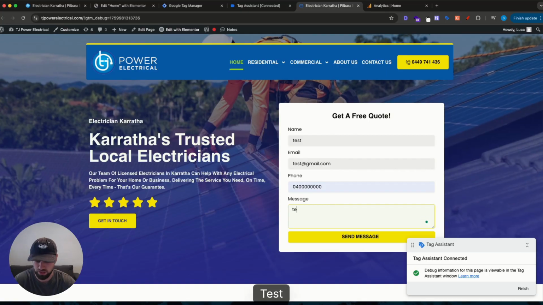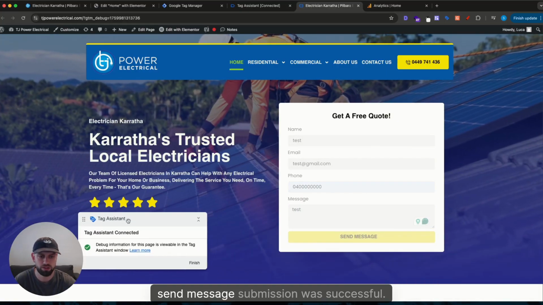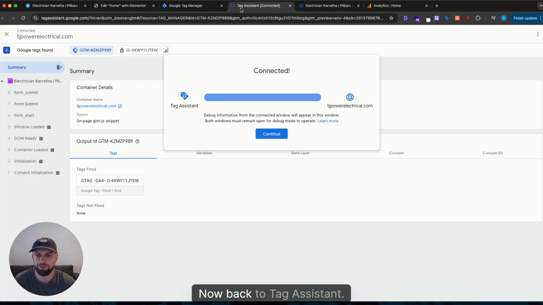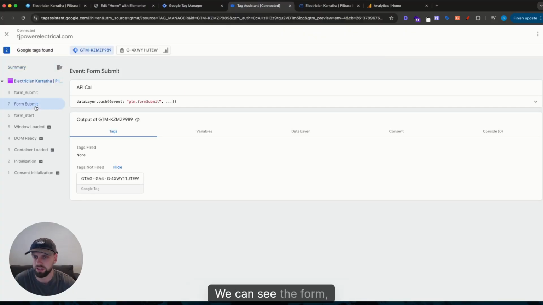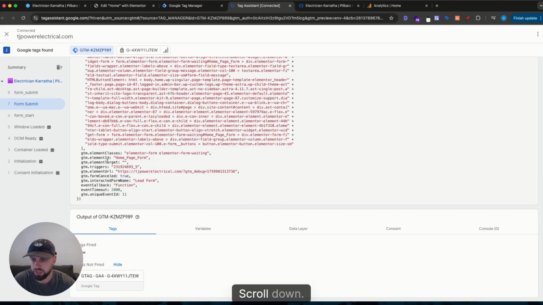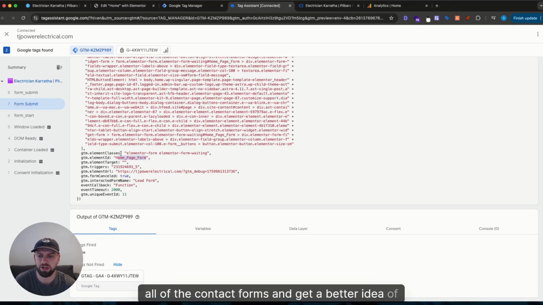Yeah, test, send a message. Submission was successful. Now back to Tag Assistant, we can see the form, the GTM form submit. We look at more data, scroll down, and now we have the Element ID homepage form. So this is how you can just separate all of the contact forms and get a better idea of what